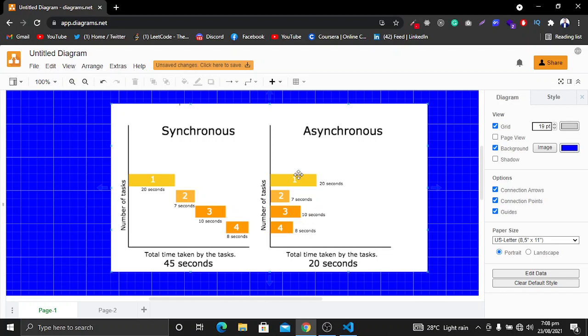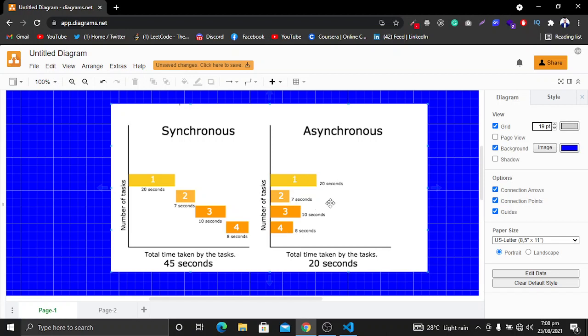So as you can see, at this point all of these tasks will be here. At 10 seconds, task 2 and task 4 will be completed. Task 3 will also be completed, and task 1 will have 10 seconds of time remaining. So in the beginning 10 seconds, all of these three tasks, which are the second, third and fourth one, will be implemented. And the time remaining to implement the first task is going to be 10 seconds.